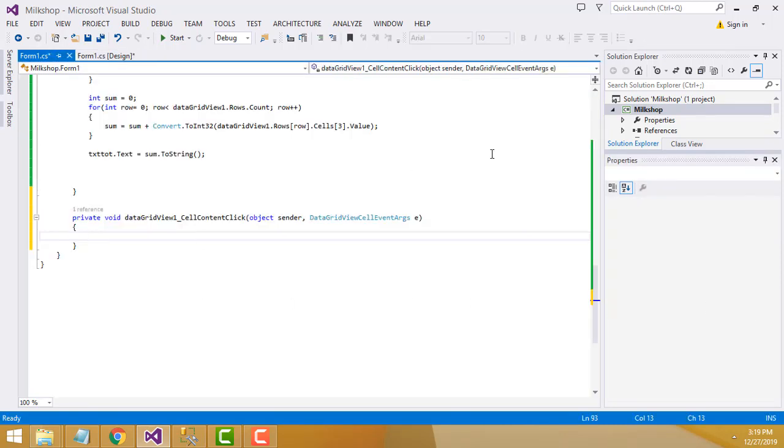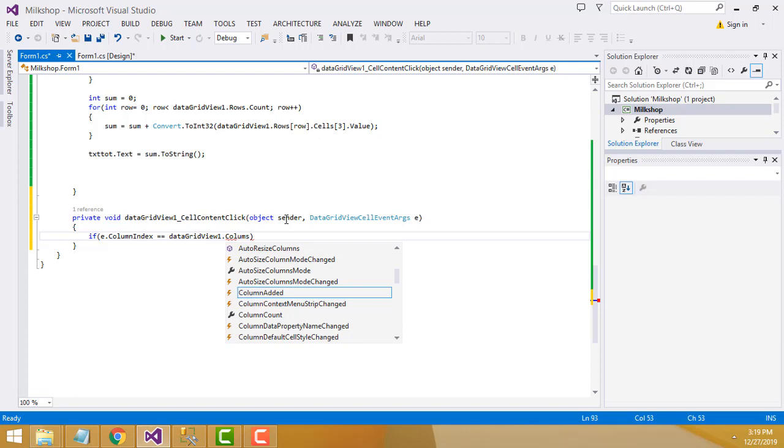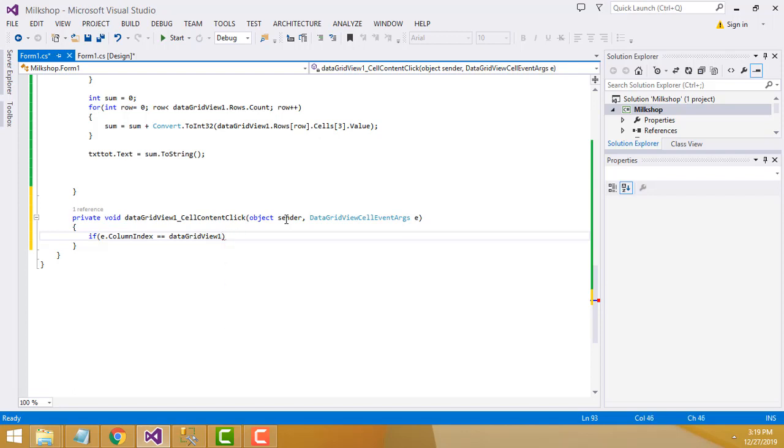Here we write if e.ColumnIndex equals dataGridView1.Columns